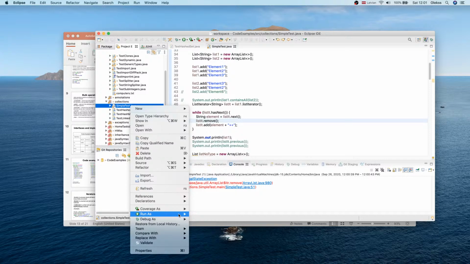Yeah, so in this case we need to understand what is the right sequence here, correct sequence, because